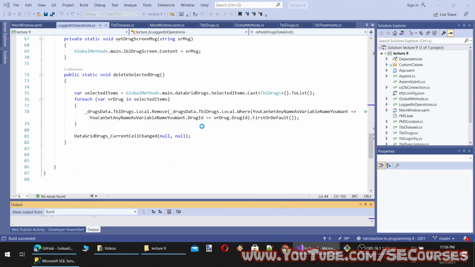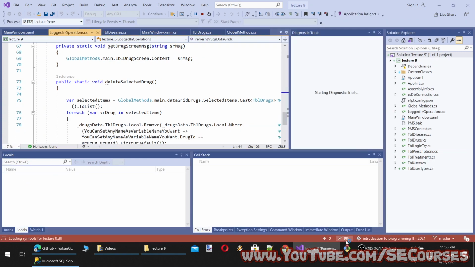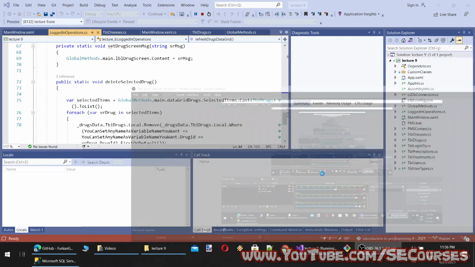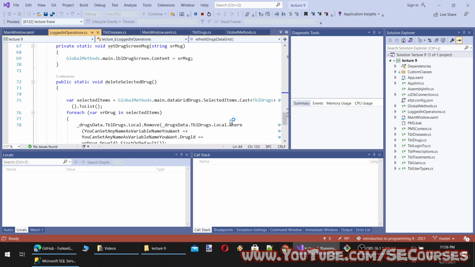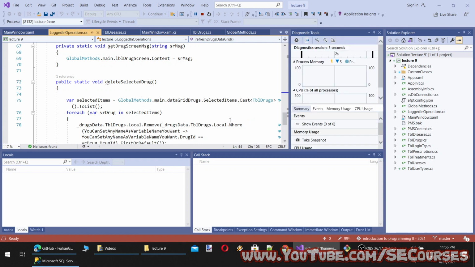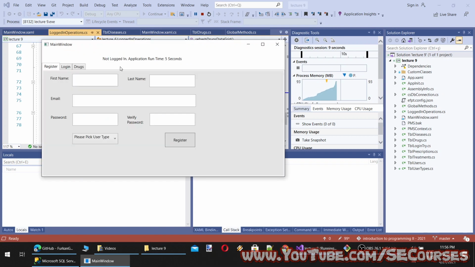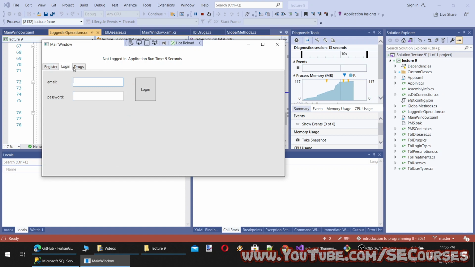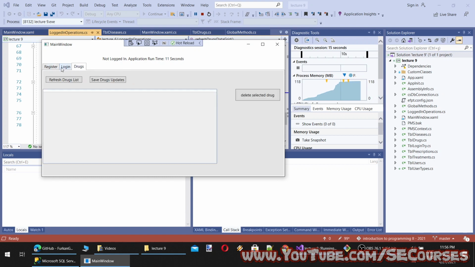So let's run our application to verify that. Okay, so we have the register form, we have user types, we have login, and we have drugs.